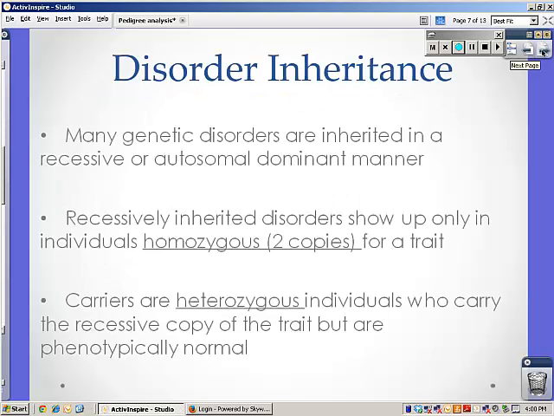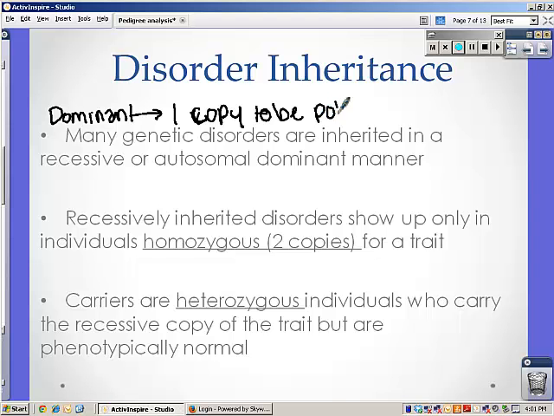When looking at genetic disorders, the most common genetic disorders that we have are usually inherited by recessive or autosomal dominant disorders. So what do I mean by that? Well, I simply mean that if it's said to be a dominant disorder, I'm just going to make notes up here. Dominant. Anything that is dominant means that it's going to have one copy of the gene. Only one copy to be potent. I don't know why my pen keeps skipping, excuse me. One copy to be